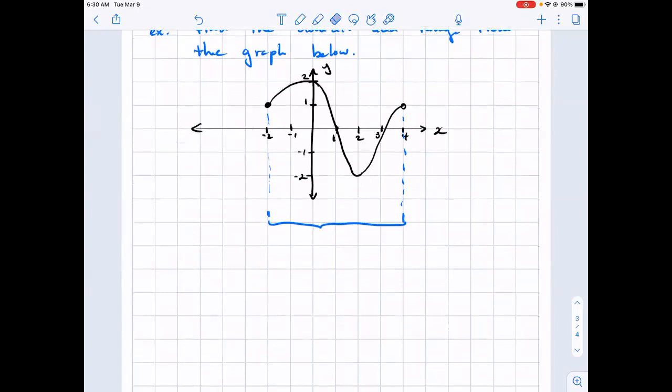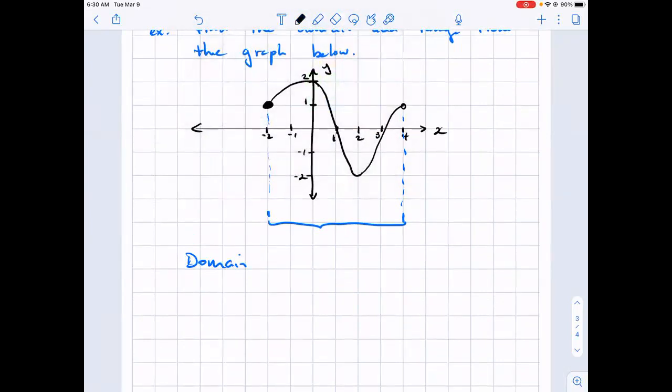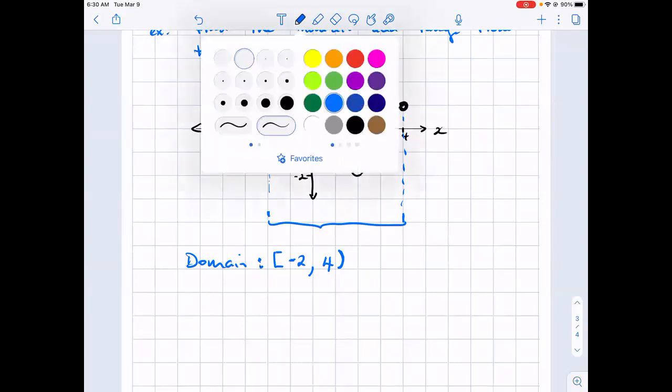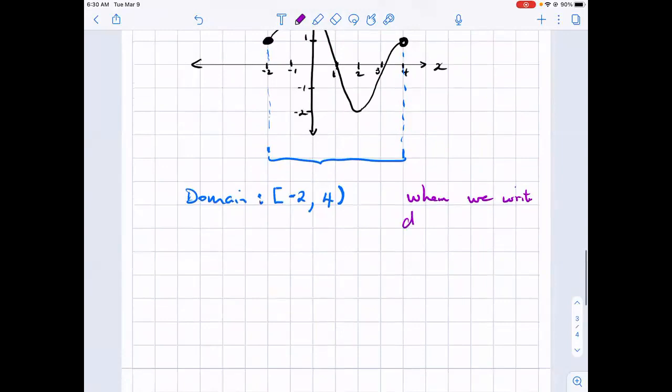So the domain here, now we have to be careful. Notice that this point here is a solid dot. So that means we have from -2, comma, all the way up to 4. But if you notice, this is an open circle. So we have 4 and we use parentheses. So when the point is not included, when we don't know what it is, we use parentheses. And note, when we write domain or range,